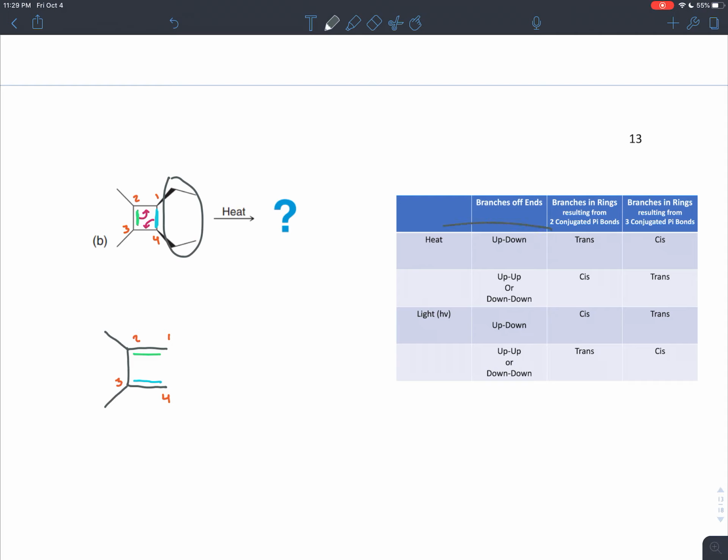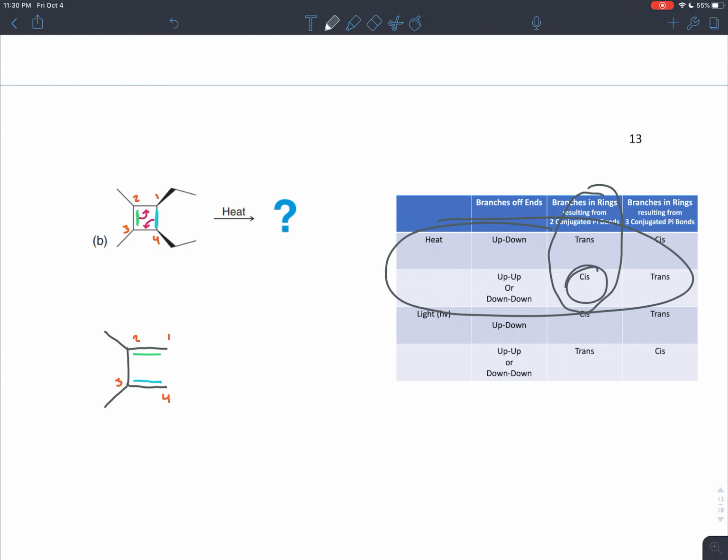What we have here is heat. We're using heat to make this happen, and so we know we're going to be in the top 2 rows of this table. And we also know that we have two pi bonds in our conjugated system, so 2 conjugated pi bonds. And we saw that in the ring,